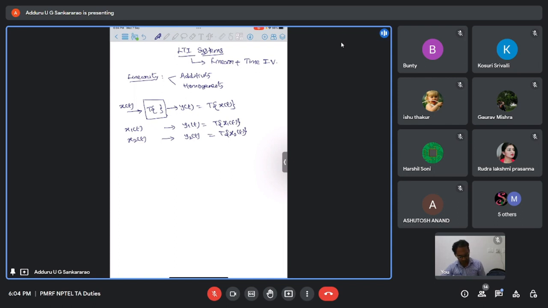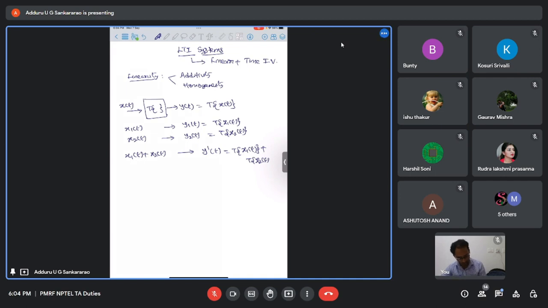Now, when I give both signals together, x1 and x2 together, let us say the output is some y dash of t. Now, if this y dash of t is equal to T of x1 of t plus T of x2 of t